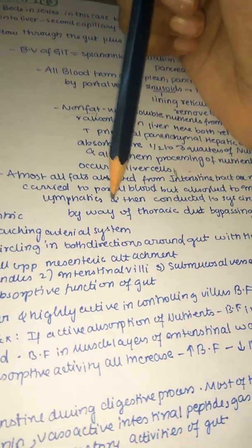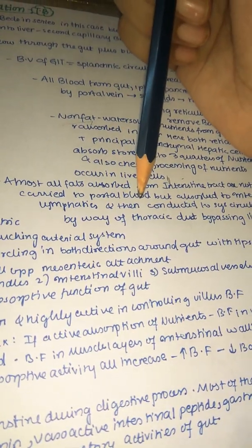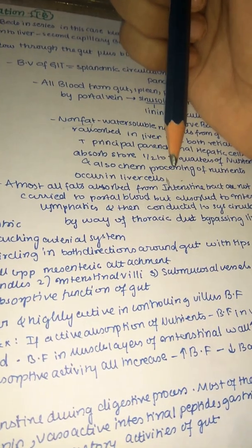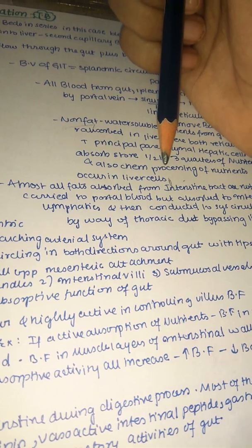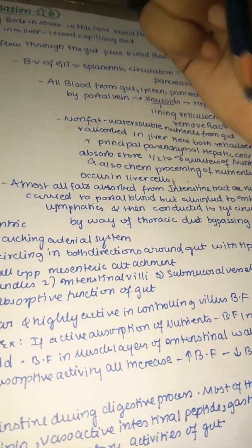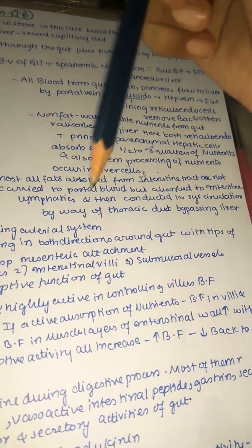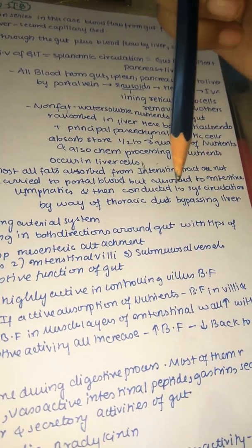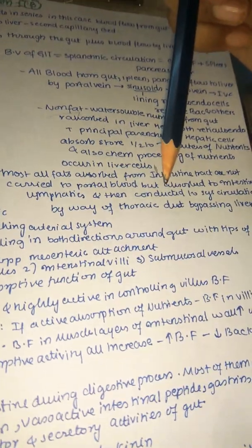The liver has some restrictions: it will only allow water soluble substances. It is saying no to fat. So if the liver is saying no to fat, where should the fat substances get absorbed? They get absorbed by bypassing the liver, mainly through the thoracic duct, which escapes the liver and directly enters the systemic circulation. So this is how the fats are absorbed in our body.